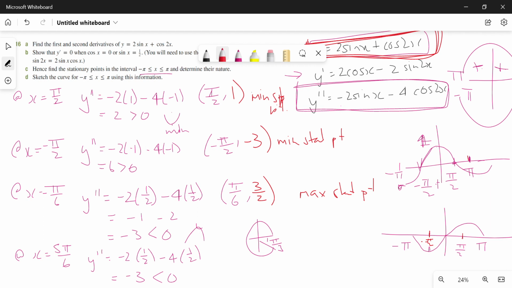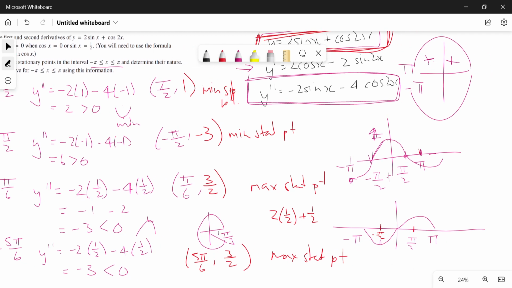So we're looking at 5 pi on 6 being a maximum stat point, and if we put 5 pi on 6 in, we get 2 lots of sine 5 pi on 6, which is a half, plus cos pi on 3, which is a half, so we get 3 on 2. Okay, so now you've got all those points, we can actually